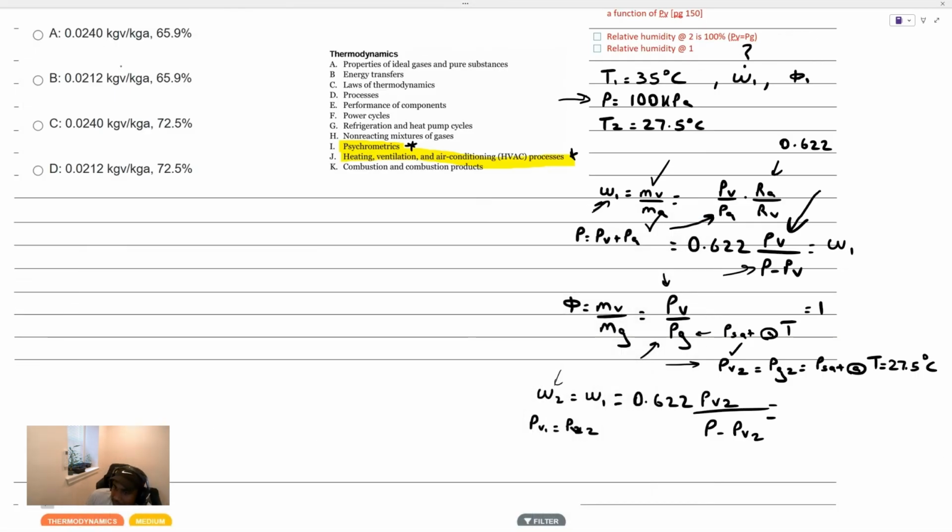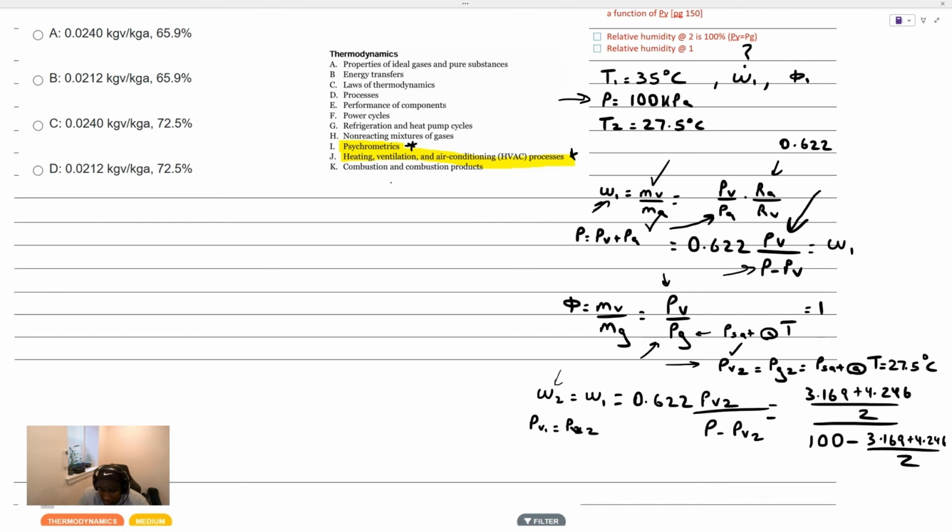That is just, let me pull it up on the other screen here. (3.169 plus 4.246) over 2 divided by the total pressure, which is 100 minus the same average value, 3.169 plus 4.246 divided by 2. Let's go ahead and plug this in, see if we can find what the